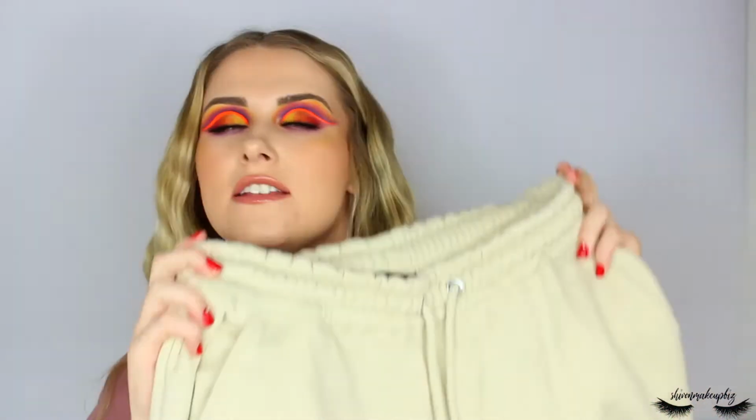Next up are another pair of joggers from Missguided. If you watched my Missguided haul, I got a grey pair of joggers from there, and I absolutely love them. I have worn them so much. They're so comfy, so I figured I'd get another pair. The grey ones for some reason are still my favourite, but I got a sand colour, and these are actually